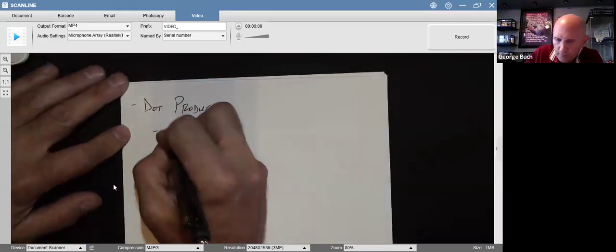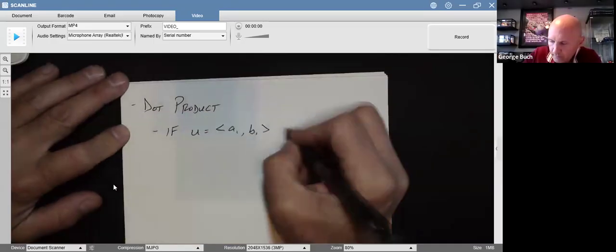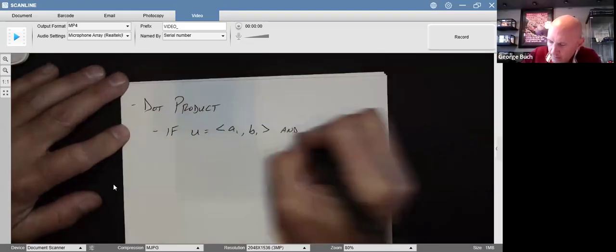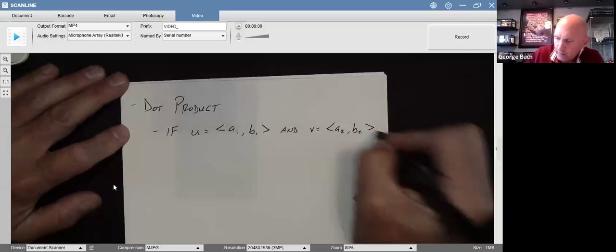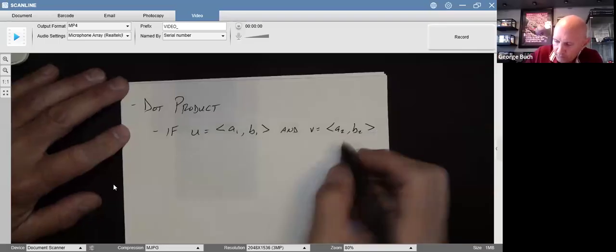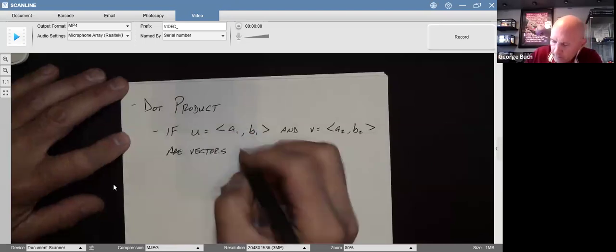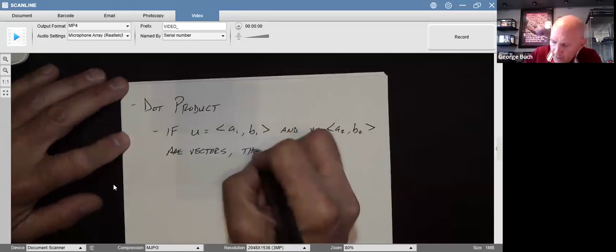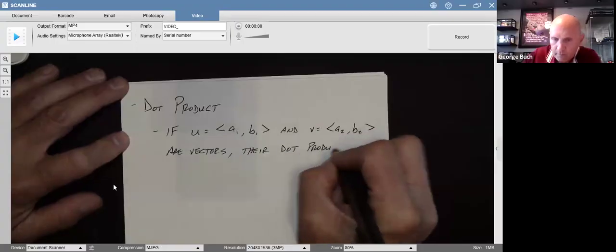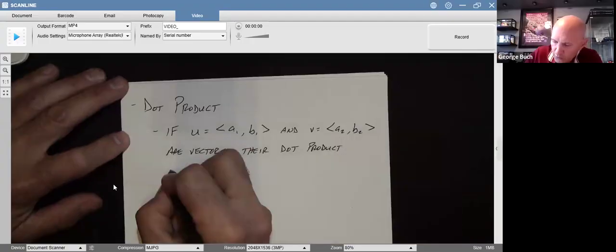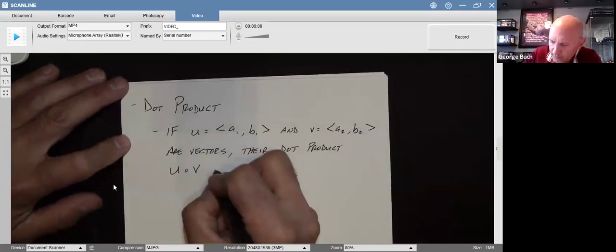If u is a1, b1, and v is a2, b2, so if those guys are vectors, their dot product, which is notated u dot v, is defined by